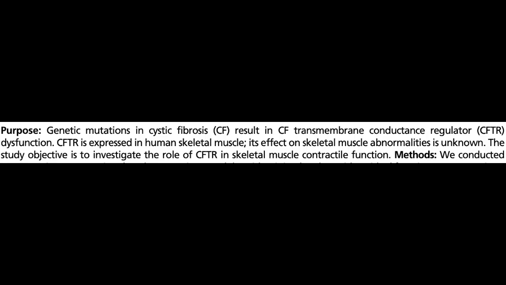We know that genetic mutations in cystic fibrosis result in CF transmembrane conductance regulator, CFTR, protein dysfunction. We also know that CFTR protein is expressed in human skeletal muscles. There are also skeletal muscle abnormalities in people with CF, but the effect of CFTR protein dysfunction on skeletal muscle abnormalities is unknown. The objective of these studies is to investigate the role of CFTR protein in skeletal muscle contractile